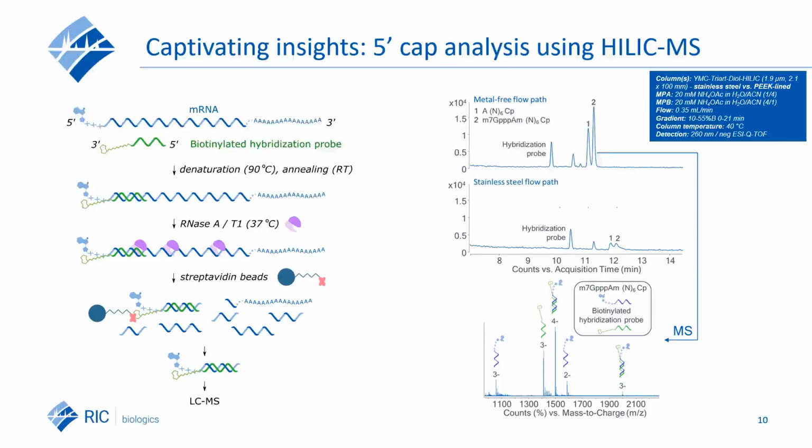Using HILIC coupled to MS, we obtain an MS spectrum displaying m/z peaks for the capped fragment, the single-stranded probe, and the combination of both forming a double helix. This double helix structure is still present because HILIC is performed at 40 degrees, giving non-denaturing conditions. In contrast, before, in ion pairing reverse phase, we worked at 80 degrees, leading to denaturation.